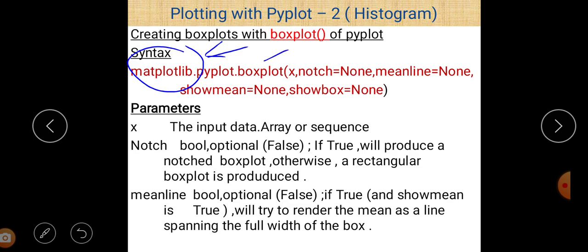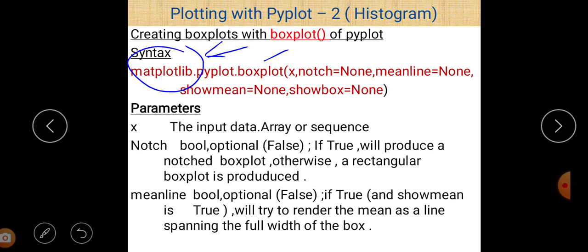So we write matplotlib.pyplot.boxplot, and most of the time we take an alternative name such as plt. We can use plt.boxplot, but before that we have to write import matplotlib.pyplot as plt. In that case, plt works as an alternative name for matplotlib.pyplot.